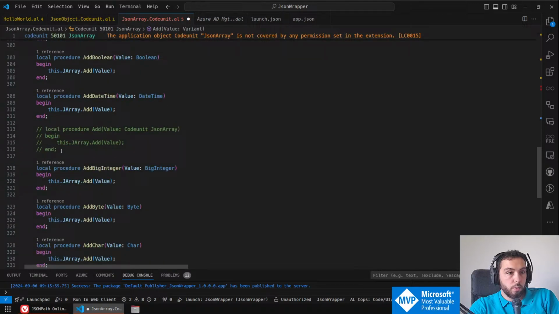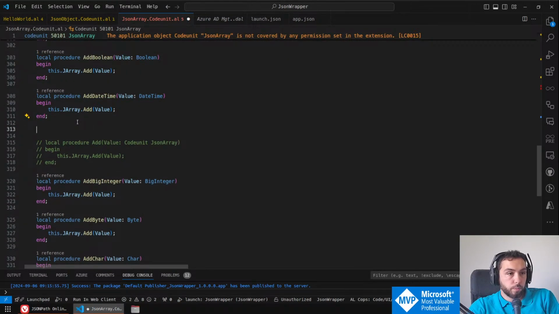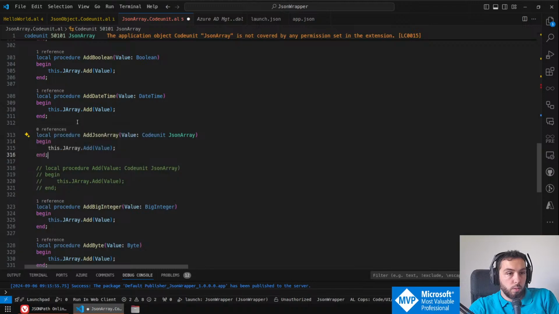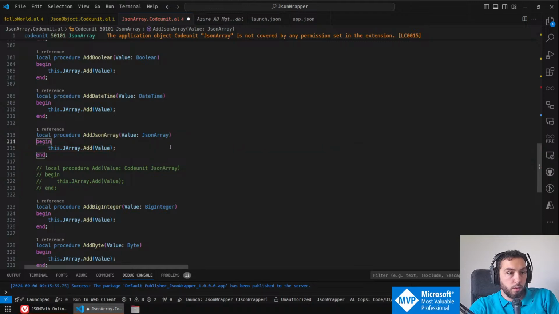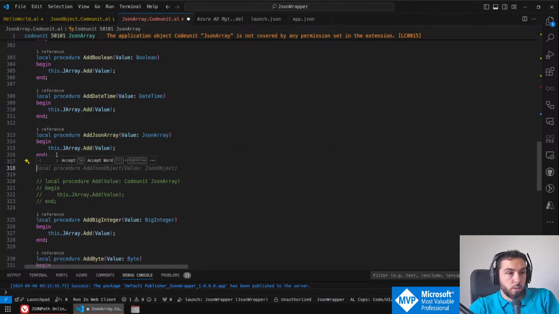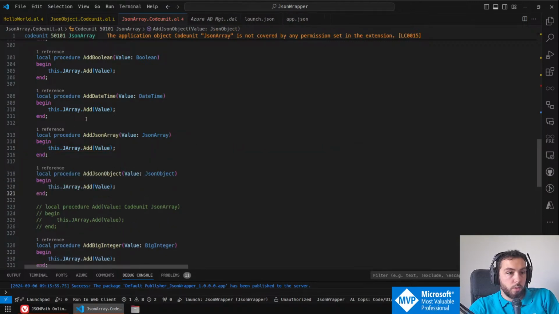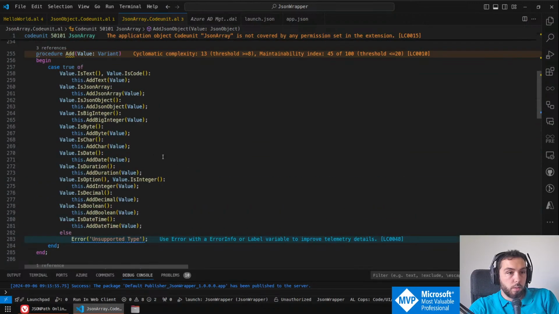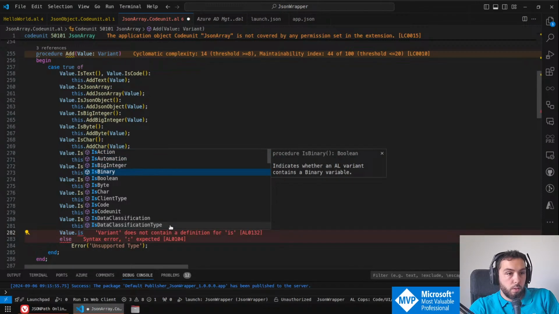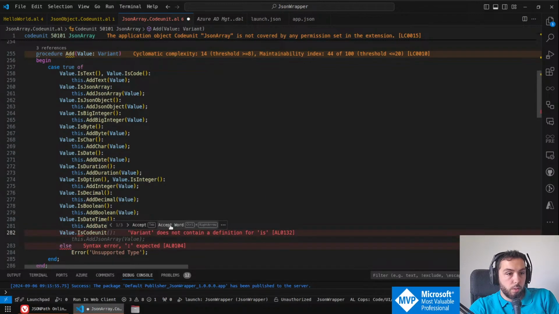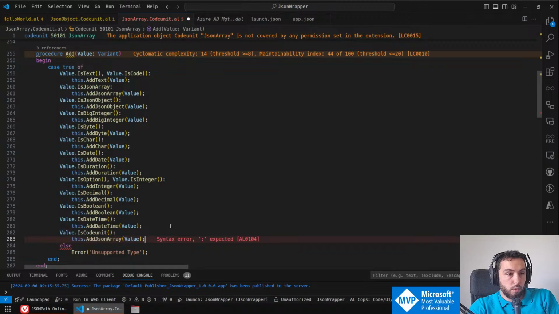In that way, we won't do the JSON array code unit, but we'll do JSON array, which will then just work. And the same for object, but then it still needs to support is code unit, and then